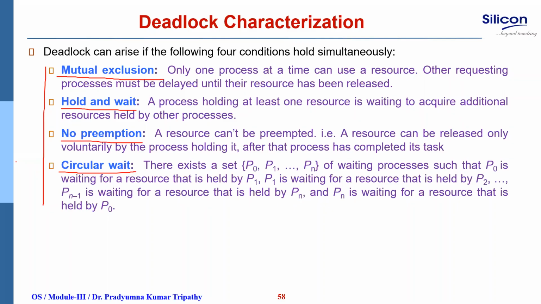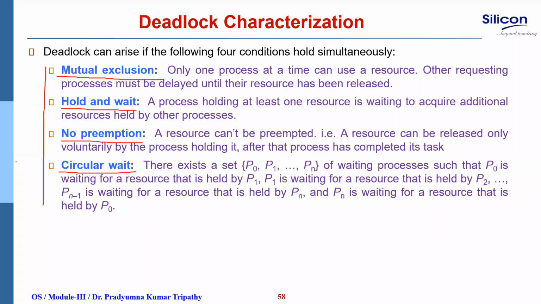Correct? If a process acquires a resource and says that I will keep it, I will not share with other processes, then it becomes one of the reasons for deadlock. So you do not have scope for sharing. The process does not have the scope for sharing. Some are very possessive: you become my friend, and once you become my friend, you cannot become a friend for others. That means at a particular time one process can have access to one resource only.